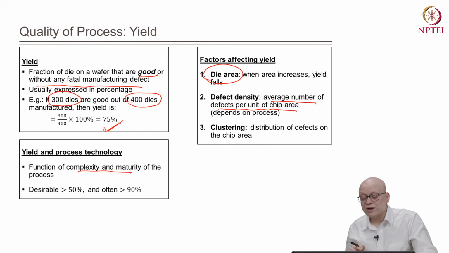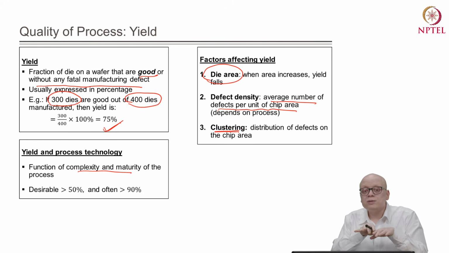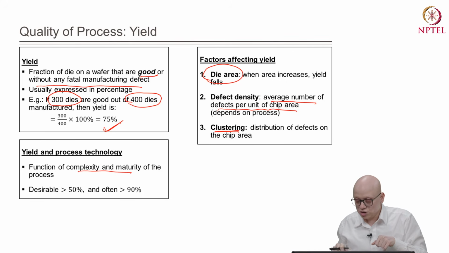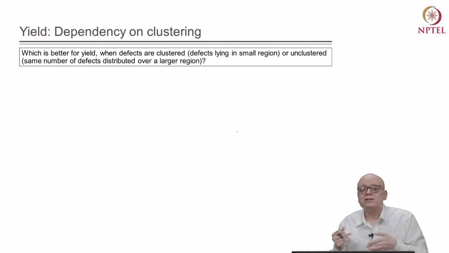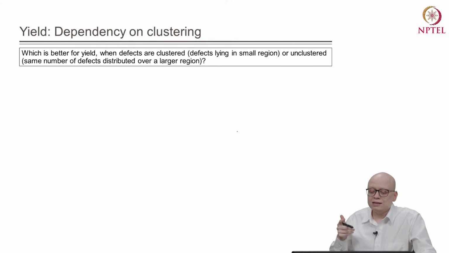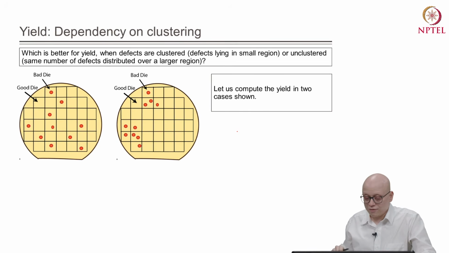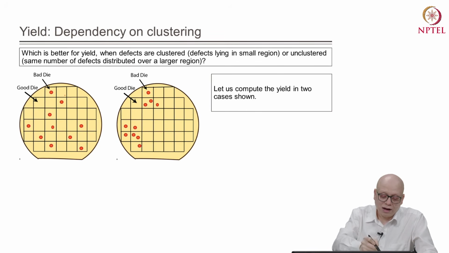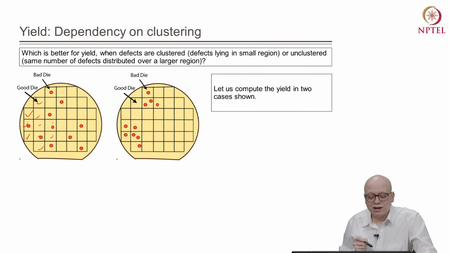And the third important factor which impacts yield is the clustering. Now, what is clustering? Clustering defines how the defects are distributed over a wafer. So, let us understand how clustering can impact our yield. Consider a wafer in which we are fabricating, say, 34 dies. So, these are 34 dies we are manufacturing, and in one case the